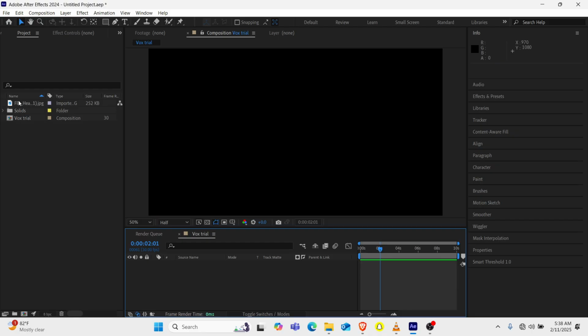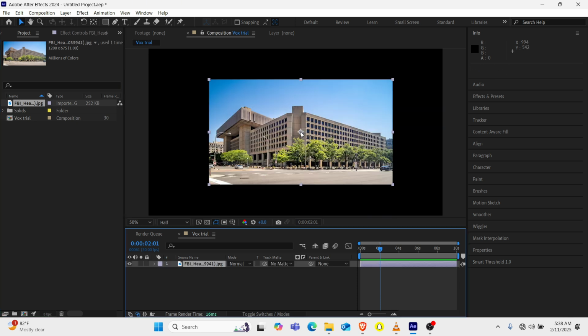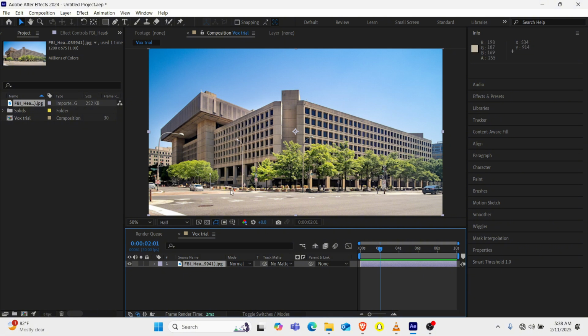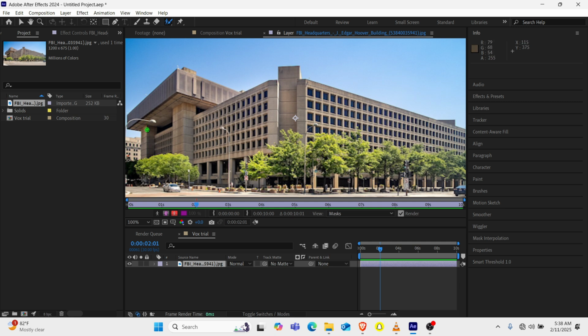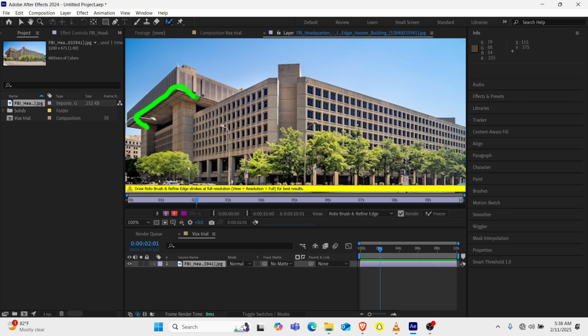Alright, so in your composition, you're going to drag this image into the composition. Then you're going to hit Ctrl F or Ctrl Alt F to make it full screen. So I'm going to create a rotoscope because I don't want to use any other third-party software. I'm going to try and do this in After Effects. So I'm going to create a rotoscope by